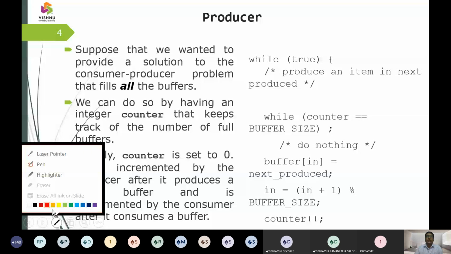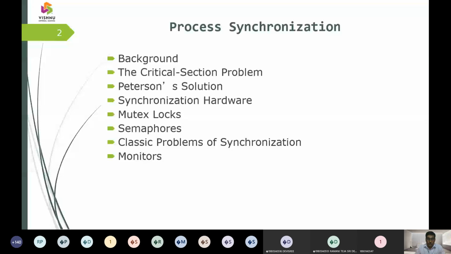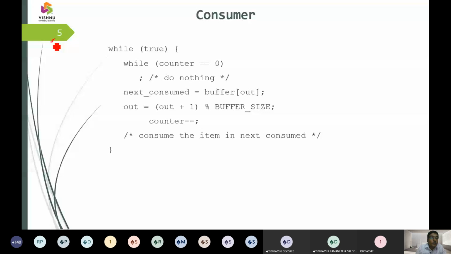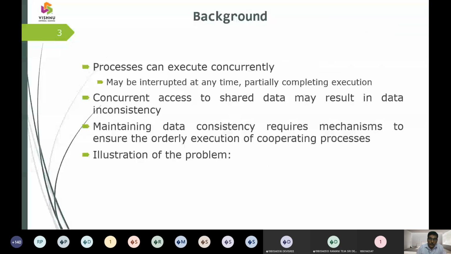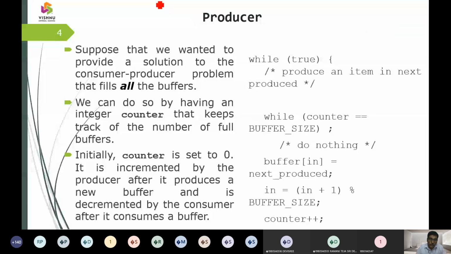Now the first concept. The first concept here will be the producer consumer problem. The first way of sharing mechanism will be the producer and consumer problem. So the first synchronization problem we can bring before you, after the background of concurrency, will be the producer and consumer problem.